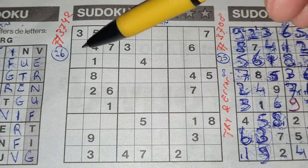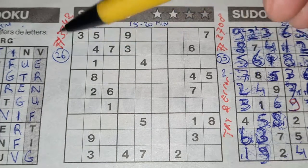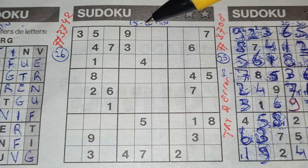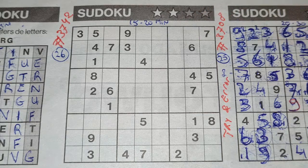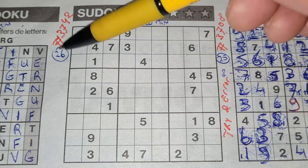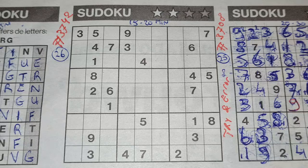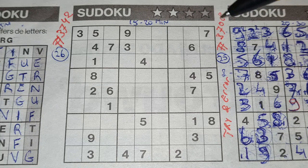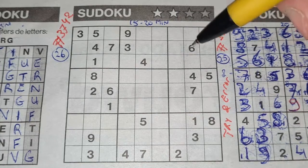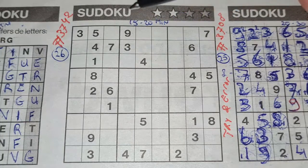It's not always true that the less printed digits, the more it will be difficult. Sometimes a puzzle with 25 or 24 printed digits is faster to solve than a 26, for example. It could be if it's a hard one with a lot of pairs and hidden numbers. Yeah, then you need a lot of time to figure it out. Alright, so let's get started